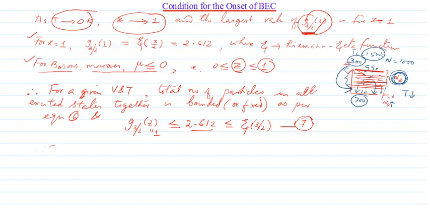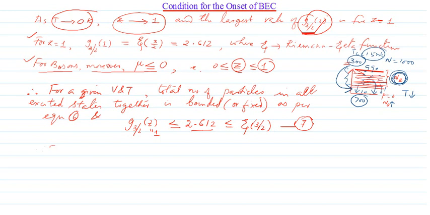As the temperature tends to 0 Kelvin, we will see that Z, which is equal to e raised to mu by kT, will be going to 1, okay, which is the maximum value of Z, and corresponding to Z equal to 1, the value of